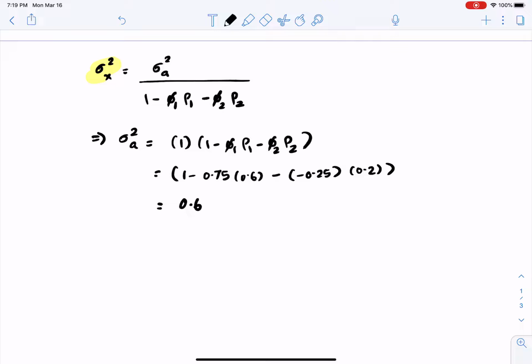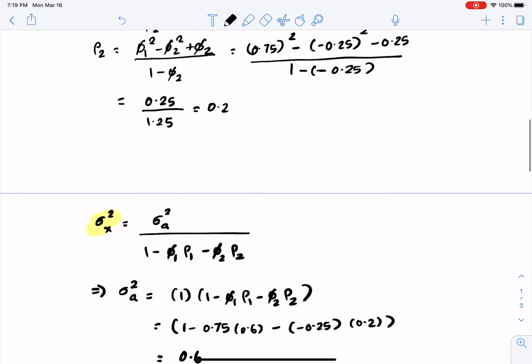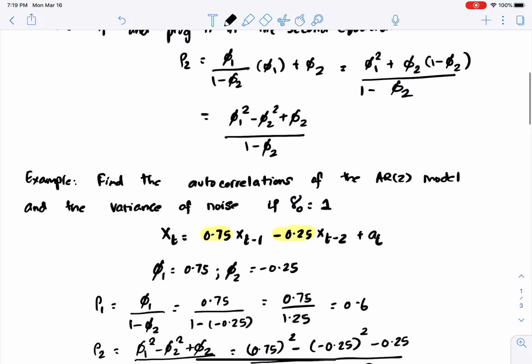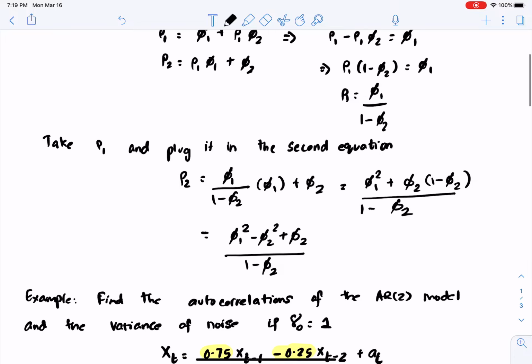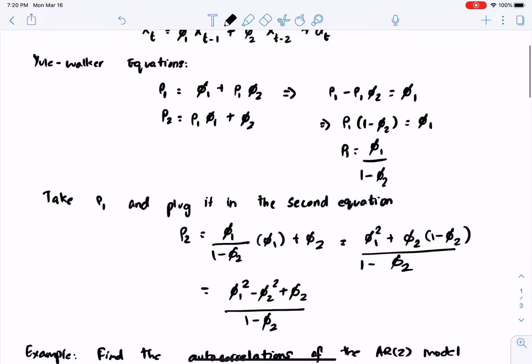So the purpose of this particular example is to realize that if we have the coefficient values, we can find the autocorrelations using these two formulas, which is rho 1 equals phi1 over 1 minus phi2, and rho 2 is equal to